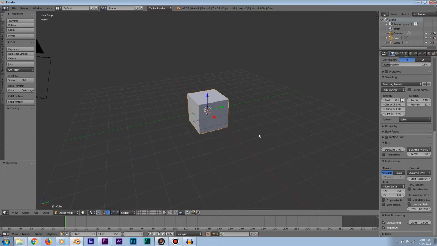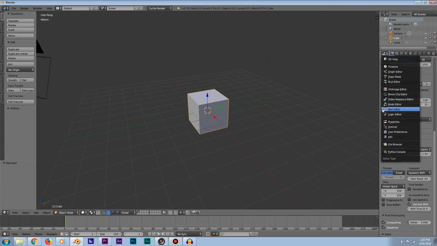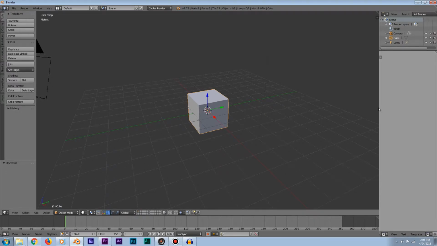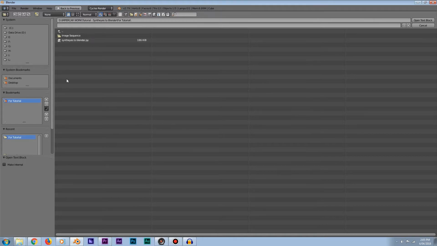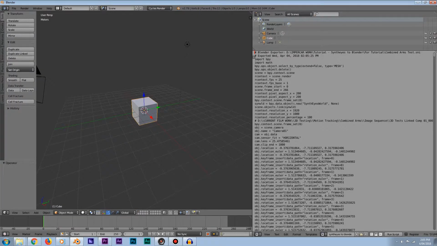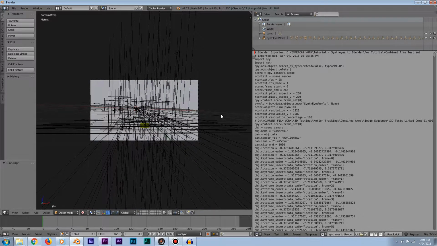Now, to import the script, change Properties on the right hand side to Text Editor. I'm just going to drag it out so we have a bit more space to work with. Then down at the bottom you'll see Open. Click on that, navigate to where the script is saved, and open text block. Here it is. Down the bottom again you'll see this run script file, so click run script,